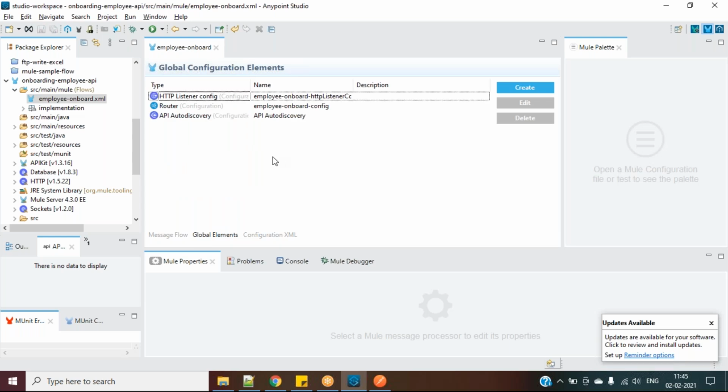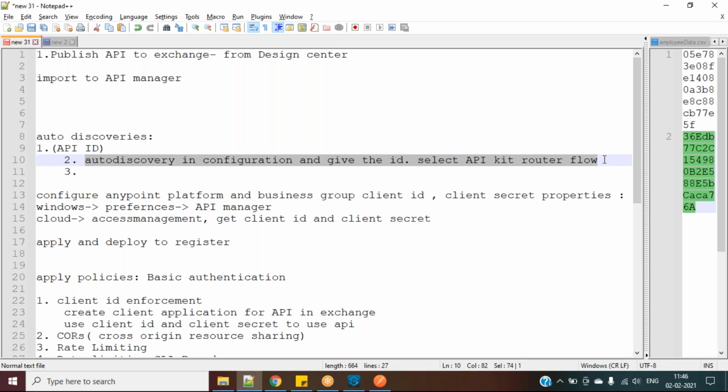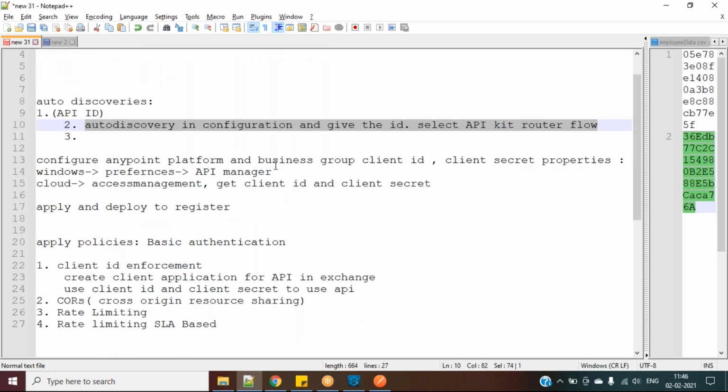Now I have connected this API Manager ID to our code. So for this to go live, we have to deploy this again. Okay, we have to deploy this to Runtime Manager. Before that, in auto discovery configuration, give the ID, select the API kit router. This we have done. And one more thing which we have to do is